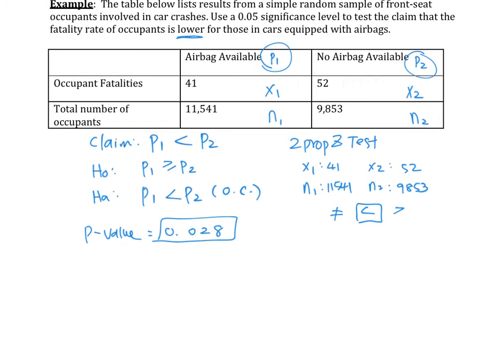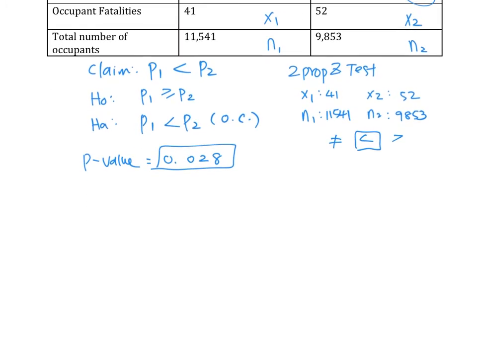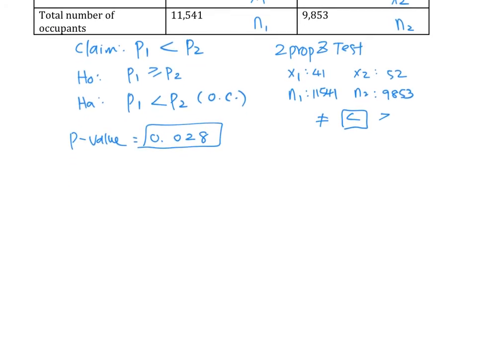All right, so everything else from now on is going to be basically the same as one population. Our alpha is given, 0.05, so the p-value is less than alpha. So our decision is, p-value is small, that means our samples are unusual, and we reject things that are unusual. So my first step is reject H naught. That means we automatically support HA, because H naught and HA are opposite statements. So again, reject H naught always goes with support HA, and fail to reject H naught always goes with fail to support